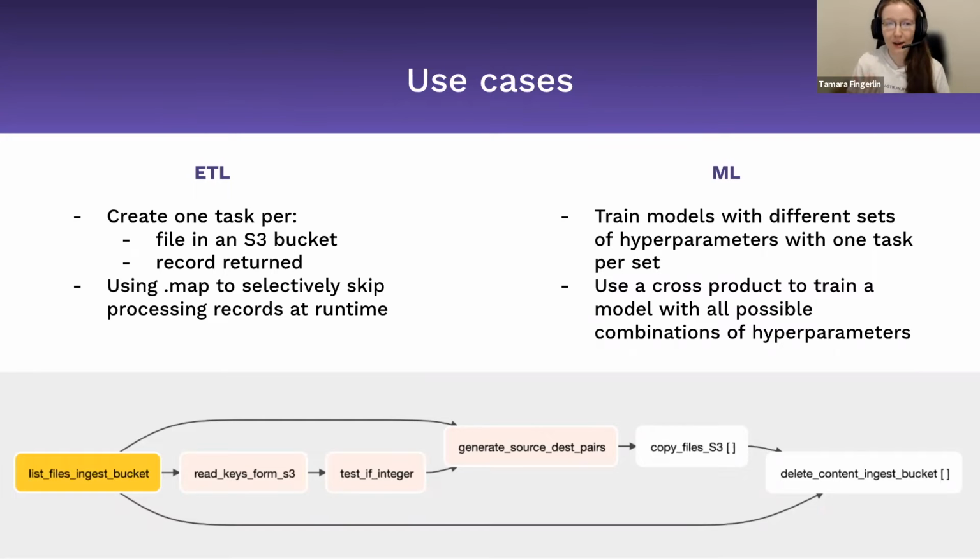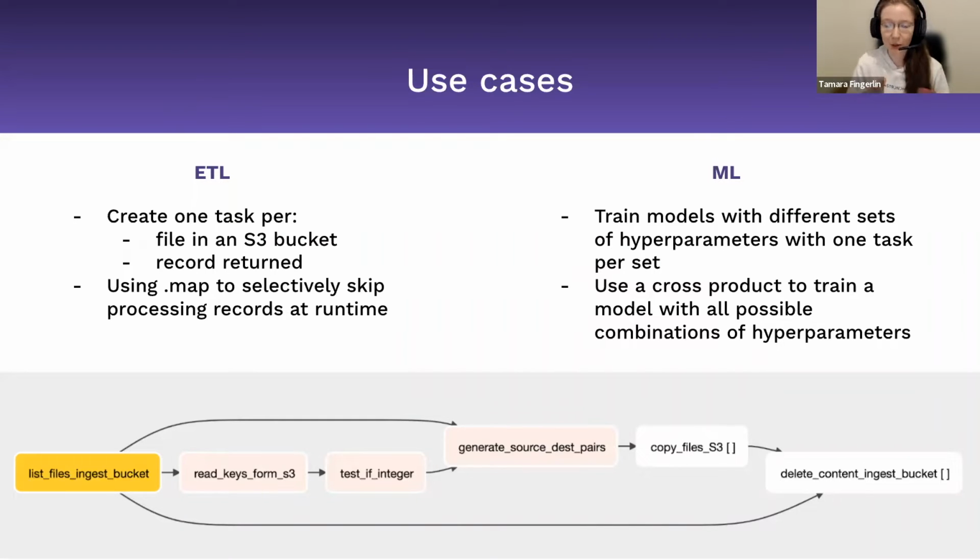So often you have, for example, an S3 bucket, or you have a data warehouse with records. And then you have one task, and you really want that task to happen once for every file in the S3 bucket or once for every record returned, but you don't know in advance for every DAG run. For example, if you have a daily DAG run every day, how many files will be in that bucket, how many records will be in that table. So you can use dynamic task mapping to have the same DAG always generate the right amount of tasks for this day. And you can also use the .map method, which I'll also cover later, to selectively skip processing certain